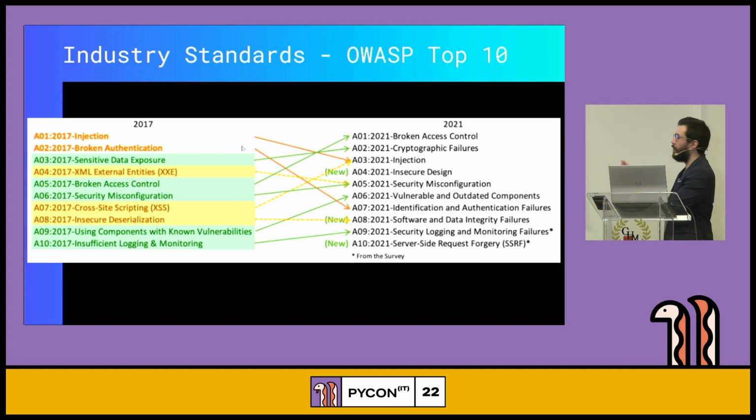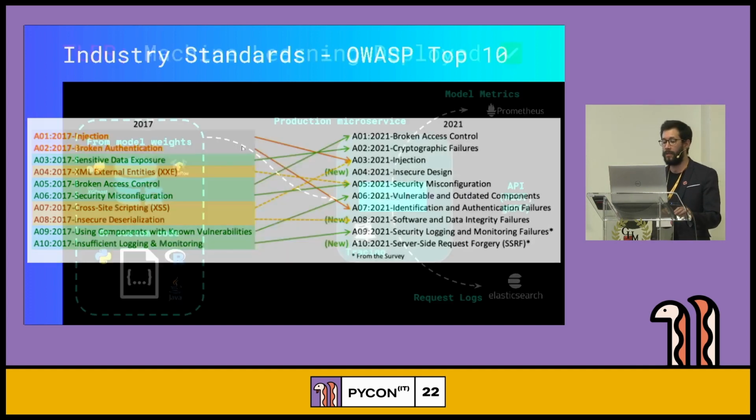So this is very specific to web development or just web services, but we're going to be referencing this back, and we're going to be able to see that by the end of this talk, we're going to have our very own OWASP Top 10 for machine learning, with a one-to-one analogy between these ones that are very proven in industry and the concepts that we have been able to define in the machine learning space.